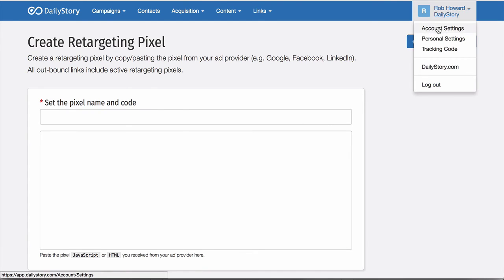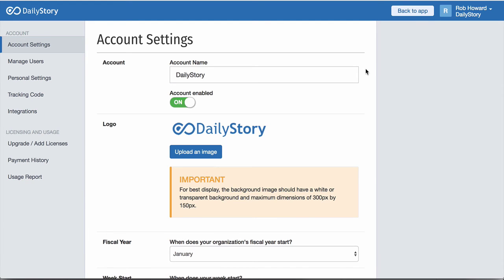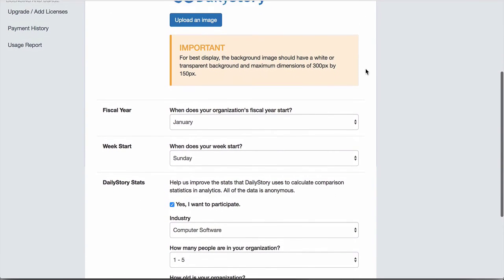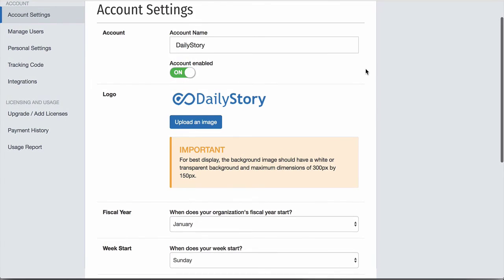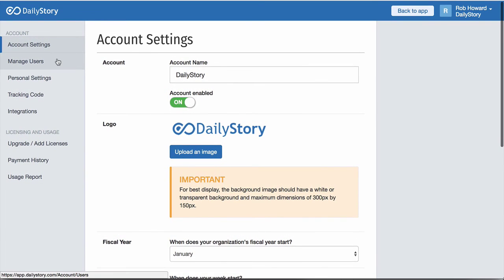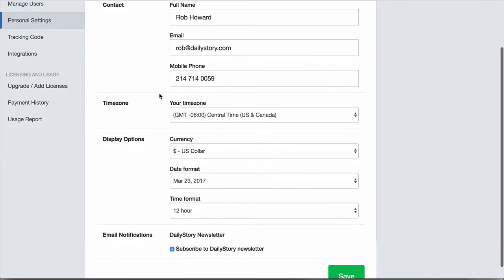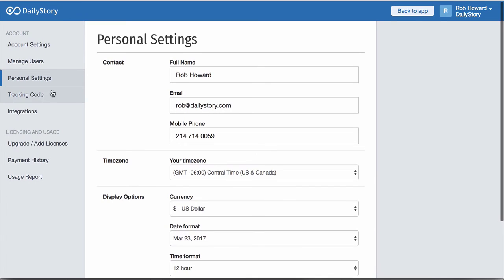Finally, let's briefly look at some of the configuration settings for DailyStory. Account settings enable you to configure some basic information about your DailyStory account. For example, when your fiscal year starts. Although we're not using this information yet, this will be part of the reporting tools that will roll out next. You can also invite and remove users from your DailyStory account on the Manage User Settings page. DailyStory is licensed by the number of users, people that can log in, and contacts. Personal settings enable you to configure some information about yourself so that DailyStory can create the best user experience for